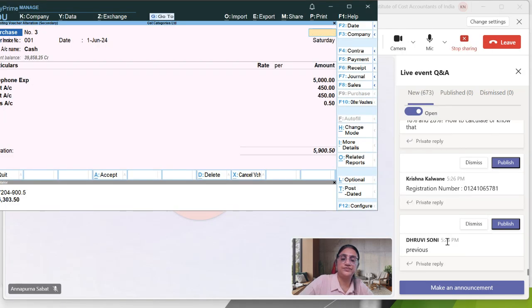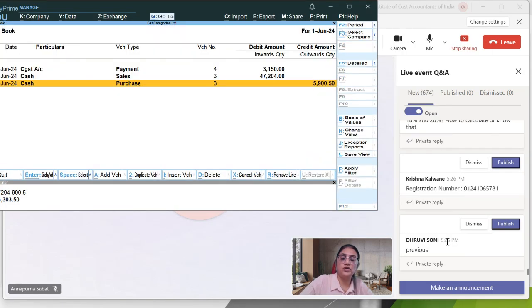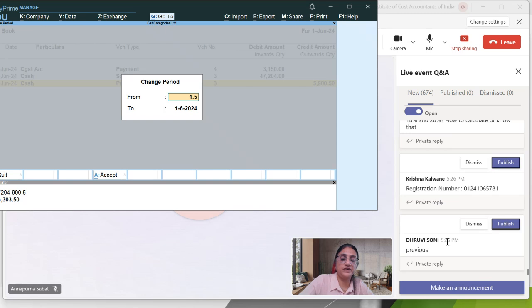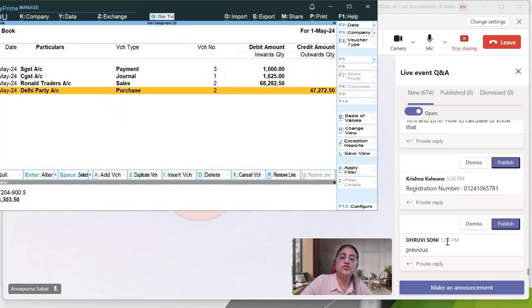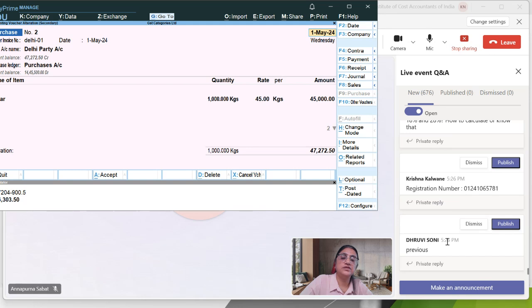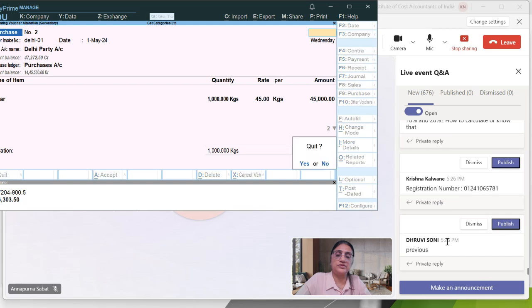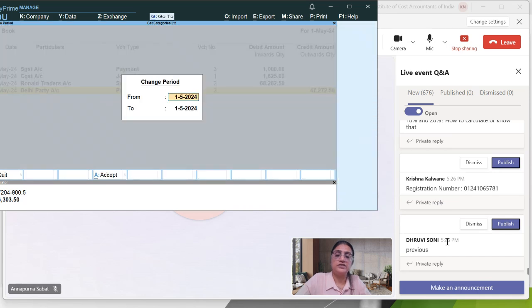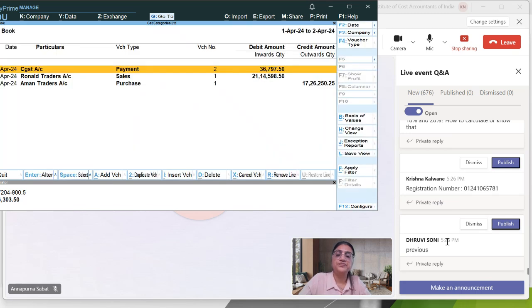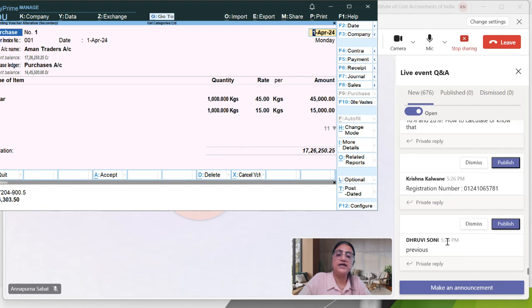Previous, okay. Alt F2, 1st May to 1st May transaction, okay. You want this? This is only in this case. See, okay, I'm showing you all. Very first, in the first half, I told you about these transactions. In this transaction, I